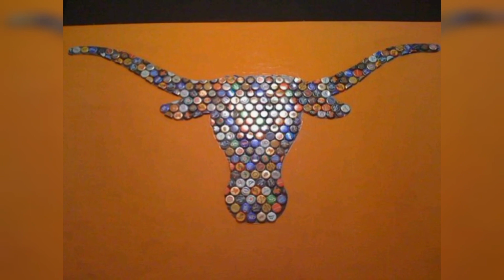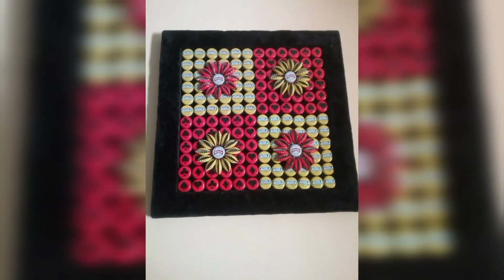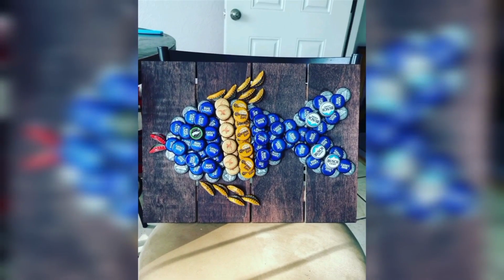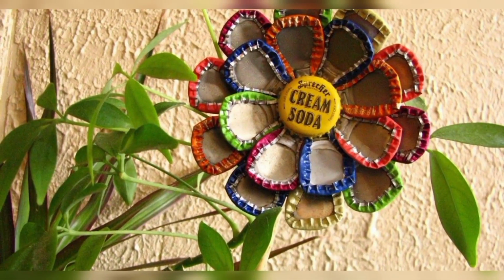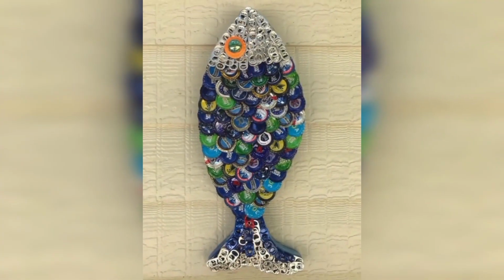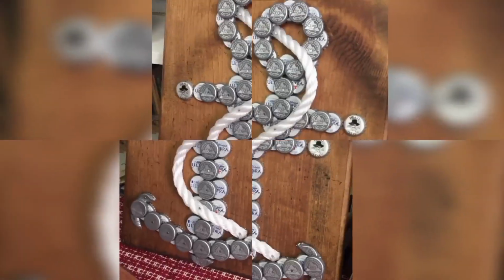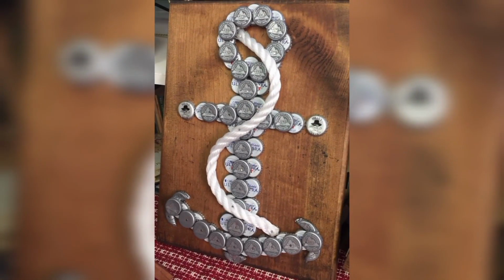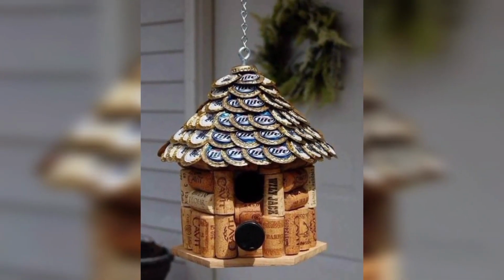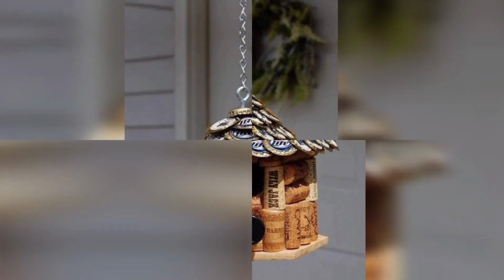In some African countries such as Ghana and Nigeria, bottle cap art has become recognized as a contemporary art, with artists using bottle caps to create colorful and intricate designs on a variety of surfaces. In other regions of the world, bottle cap crafts are used for practical purposes such as creating coasters, magnets, and kitchen items. They can also be used in an educational setting to teach children about recycling and the environmental